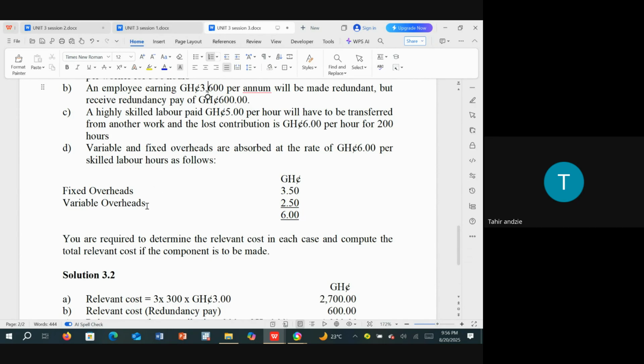So it is relevant. In this case, with the overheads, the only variable aspect is going to be the 2.5, multiplied by the skilled labor hours, because you are told that the variable and fixed overhead are absorbed at the rate of 6 cedis per skilled labor hour, and the skilled labor hours here is 200. So to get the variable,